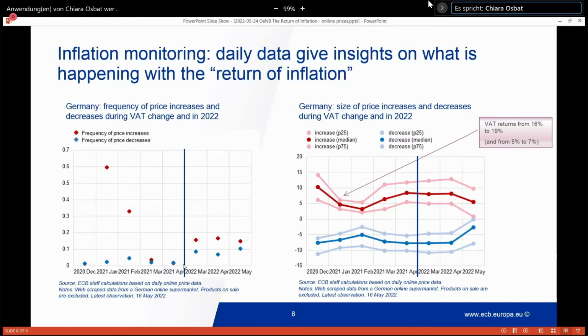And then the little data we had also in the middle of the year tell us that there was a relatively low frequency of price increases and decreases in supermarkets. Now, once you come to March, April, and May 2022, you see a definite increase of these frequencies, although we're far from what we had with the VAT.